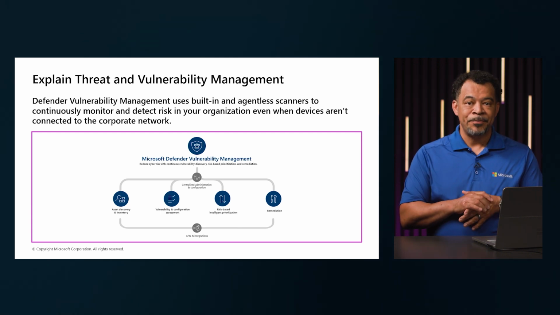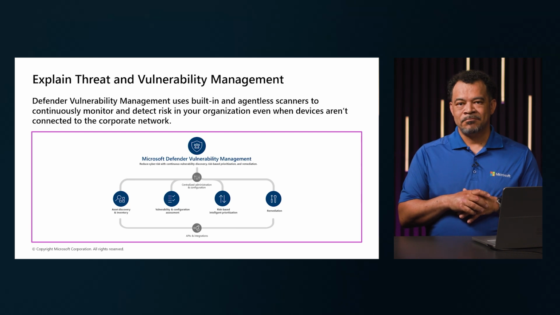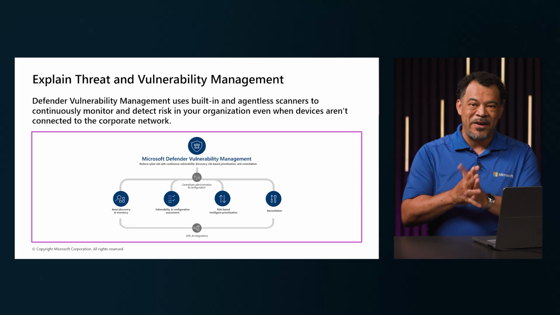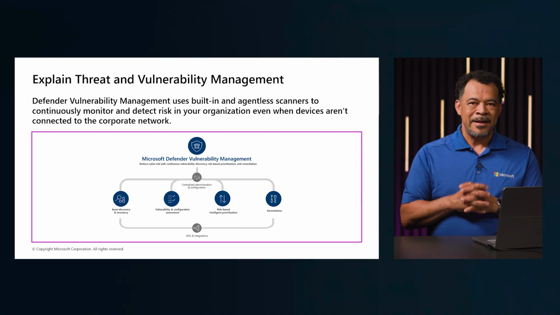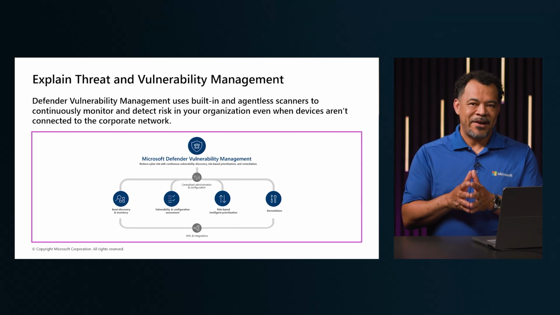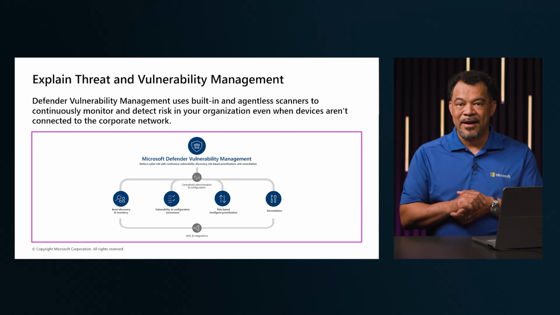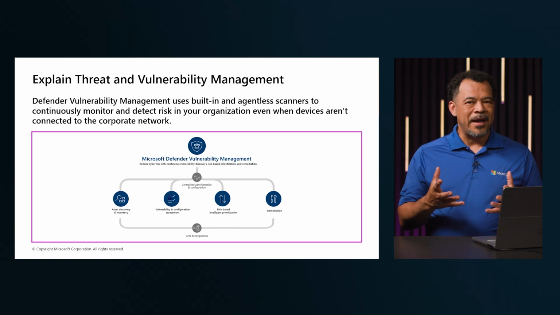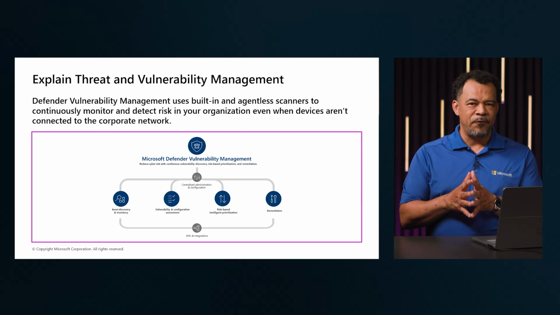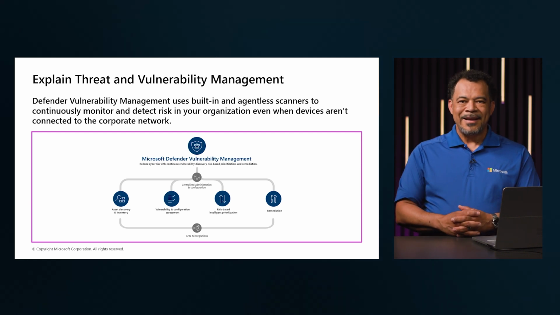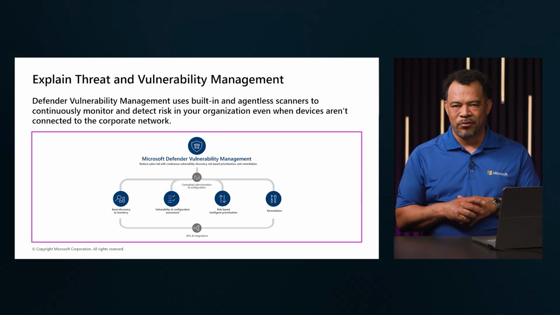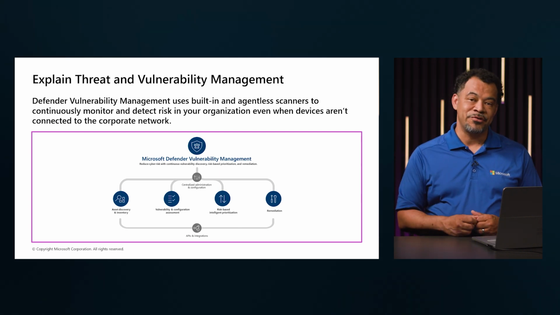What's really powerful is the risk-based prioritization. It doesn't just show you what's vulnerable, it tells us how to fix it if we need to. And finally, it supports remediation, helping us take action quickly. Plus, with APIs and integrations, we can connect this data into our broader security ecosystem for even more visibility and automation. It's a comprehensive, proactive approach to reducing cyber risk across your entire enterprise.